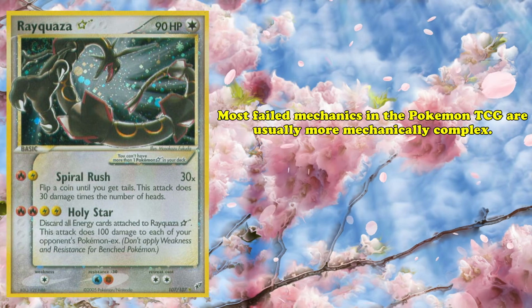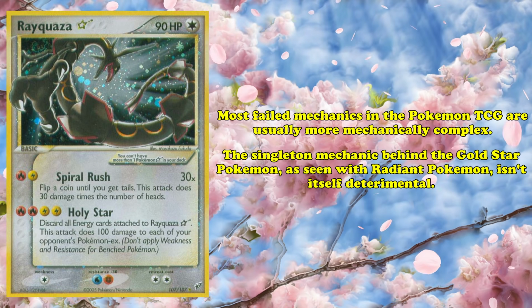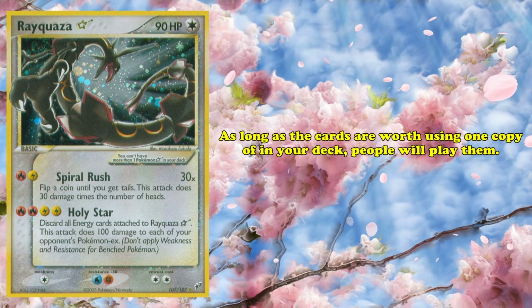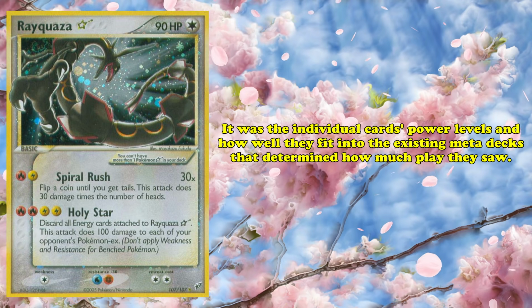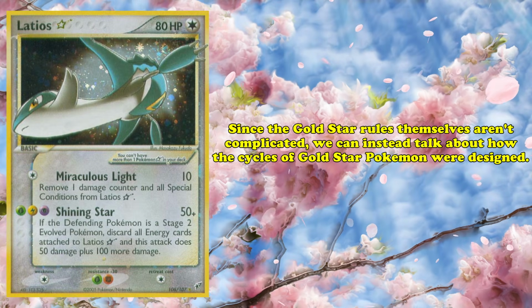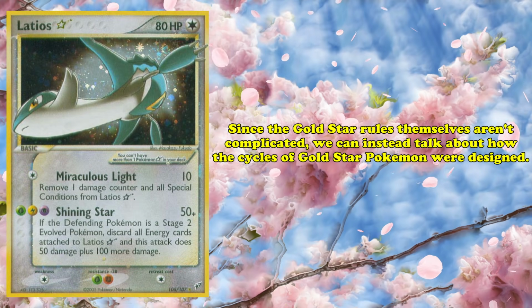Most failed mechanics in the Pokemon TCG are usually more mechanically complex. But the singleton mechanic behind the Gold Star Pokemon, as seen with the Radiant Pokemon, isn't itself detrimental. As long as the cards are worth using only one copy in your deck, people will play them. Instead, it was the individual cards' power levels and how well they fit into the existing meta decks that determined how much play they saw. Since the Gold Star rules themselves aren't complicated, we can instead talk about how the cycles of Gold Star Pokemon